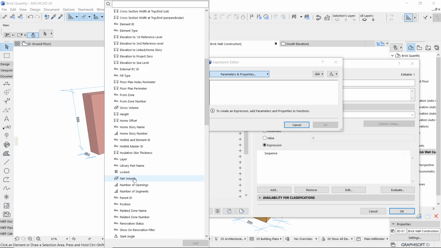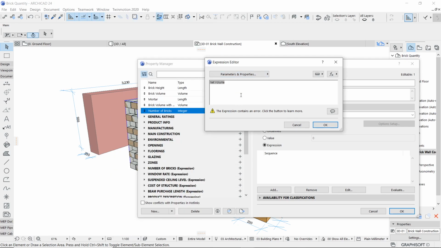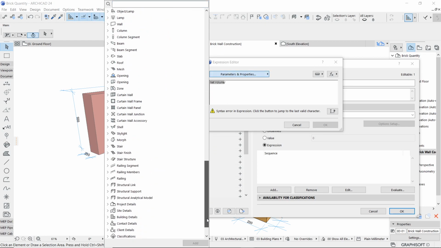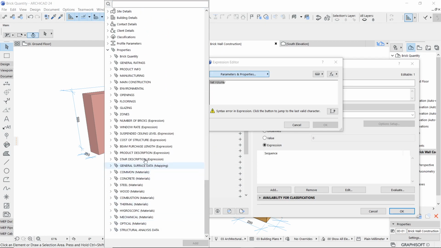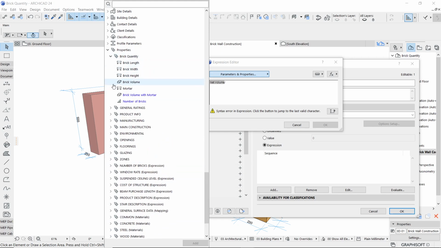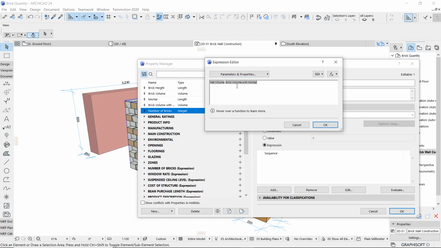So gross volume and net volume. So I'm going to use the net volume logic. So the net volume will get divided by the property which I have defined, which is my brick volume with mortar. Okay, this was what we were going to talk about.